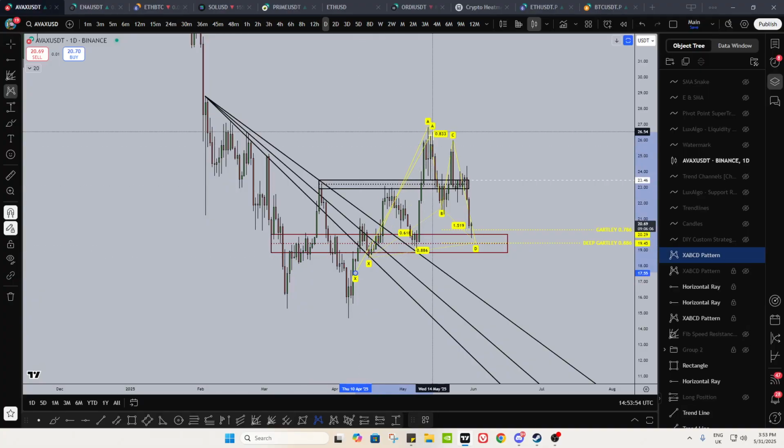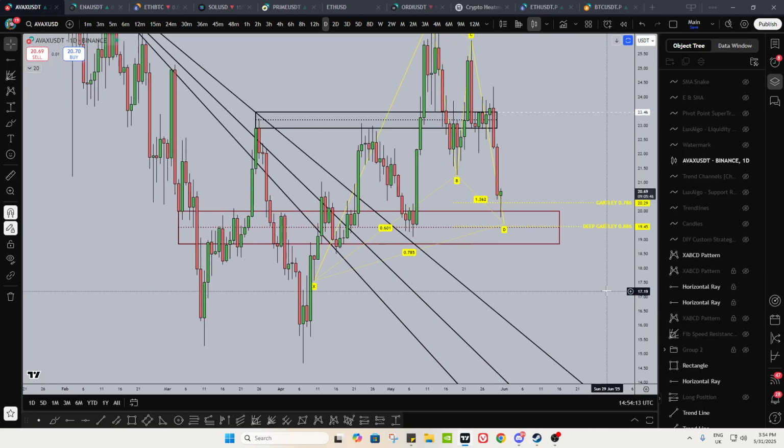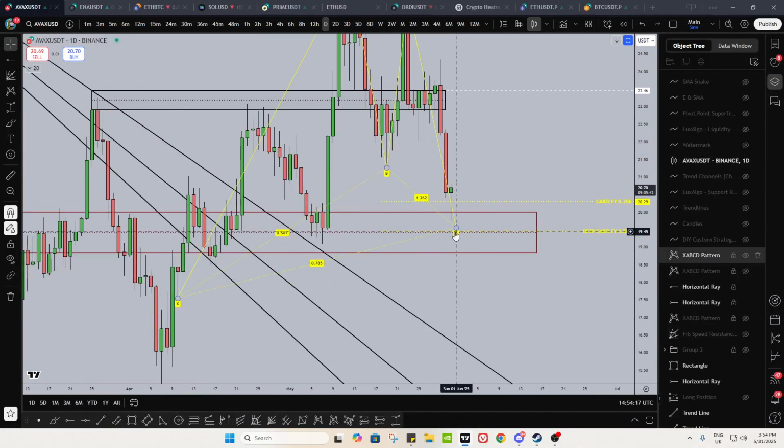You could say, oh, here's a wave structure. What about this? And yeah, you can go ahead and do that if you want to. So you could say, okay, from there to there, down to there. That would give you another Gartley, right? So that'd give you a 786 just around here. So basically, there's loads of wave structures that you can put down here, right? But the key thing is, compared to these, we're at good areas.